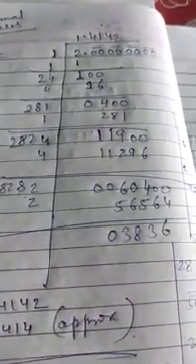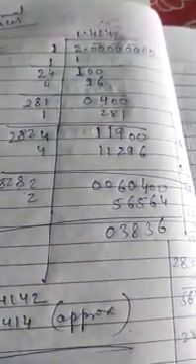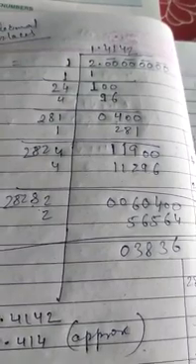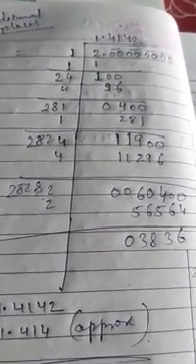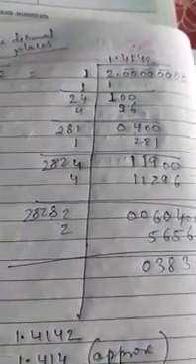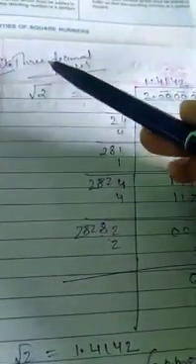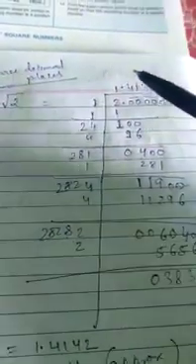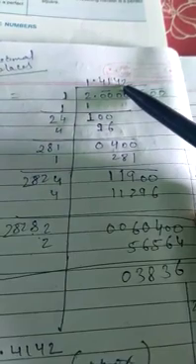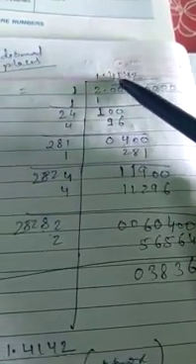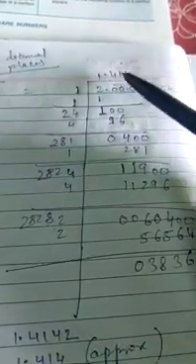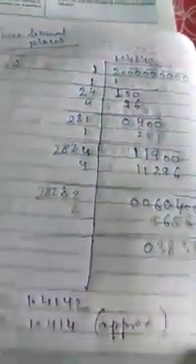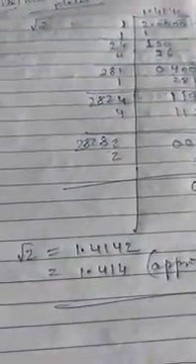The division will never end, children. It will go further and further and further. But in this type of square root division method, you have to see what number of decimal places is being asked. Here it is 3 decimal places, but we have to divide up to 4 decimals, 1, 1, 2, 3, 4, because we have to round it and write it up to 3 decimal places.